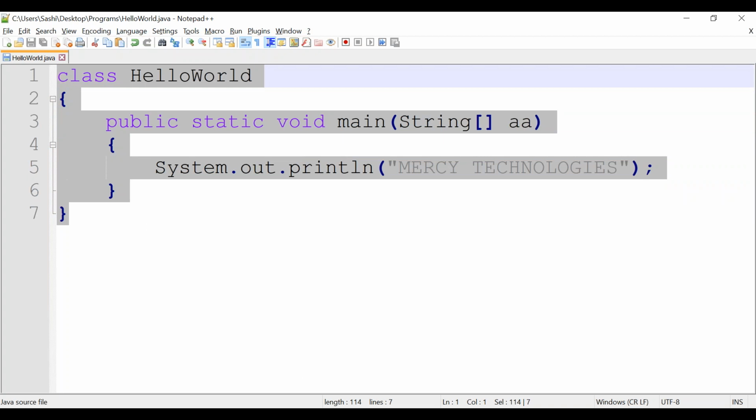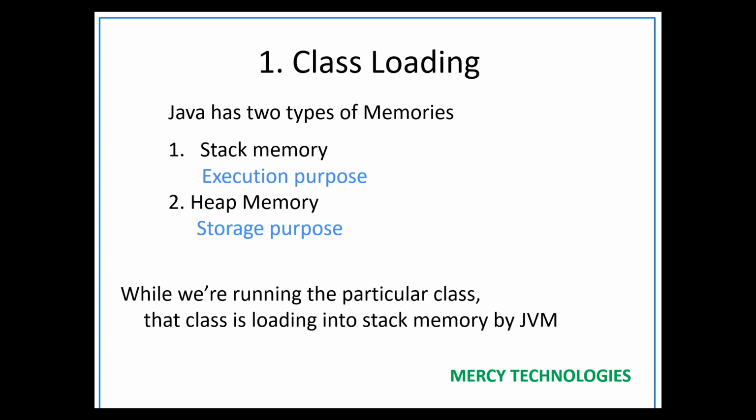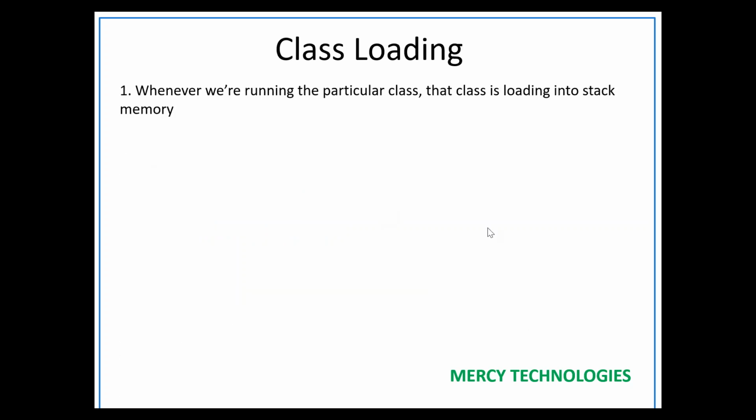What happens in the background? Whenever we are running a particular class, that class is loading into stack memory. We have already seen that stack memory is used for execution purpose. So while we are running any class by using the java command, that class is loading into stack memory.